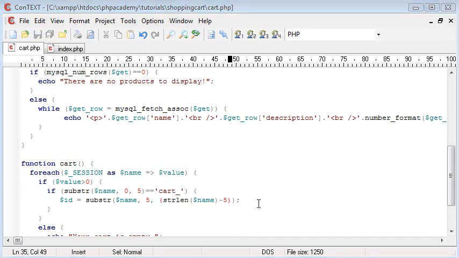Now the reason we're doing this is because we could have cart_1. That's fair enough, we could just set this ID variable to take the last single digit. But let's say you've got an ID of 12. We're going to have to bear in mind that we're minusing 1, 2, 3, 4, 5 off of it, and that's the remaining, so ID would equal 12. Hopefully that makes sense to you, that we're taking off 5 from the value of the string length of name,